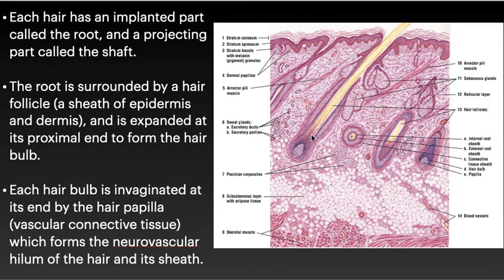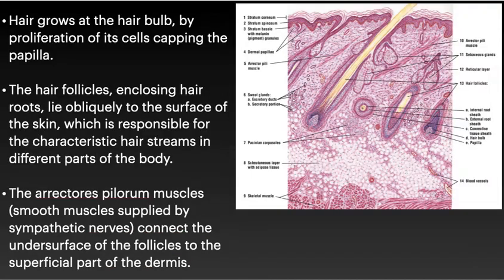Each hair bulb is invaginated at its end by a hair papilla, that is the vascular connective tissue, which forms the neurovascular hilum of the hair and its sheath. This is the papilla and this is the hair bulb. Now hair grows at the hair bulb by proliferation of its cells capping the papilla, the hair follicle enclosing the hair root,